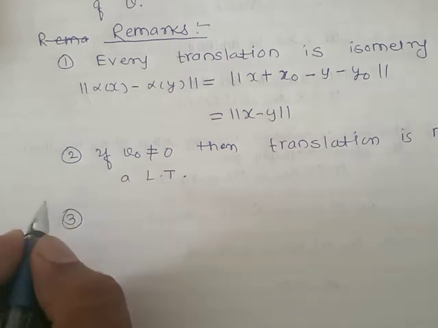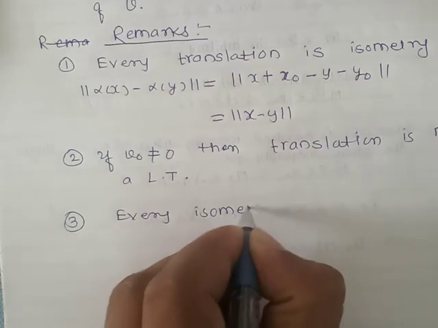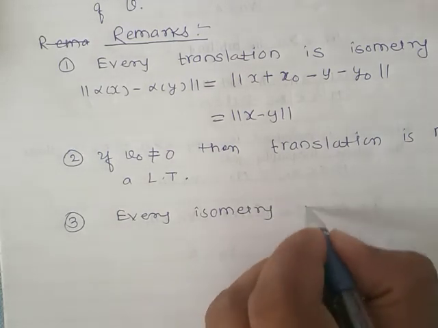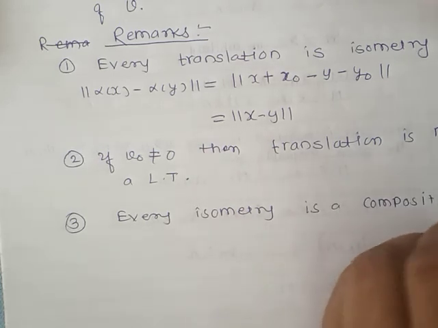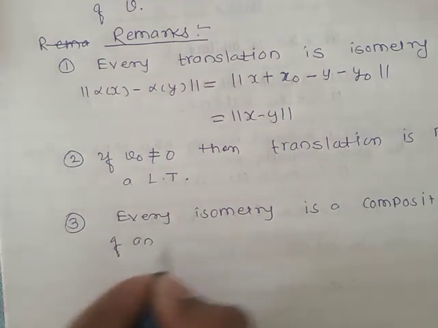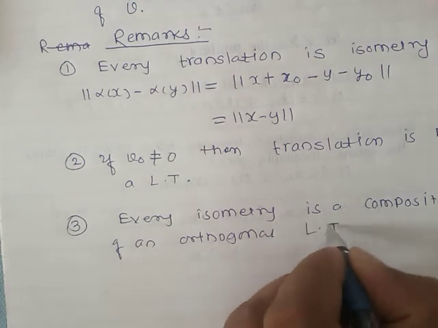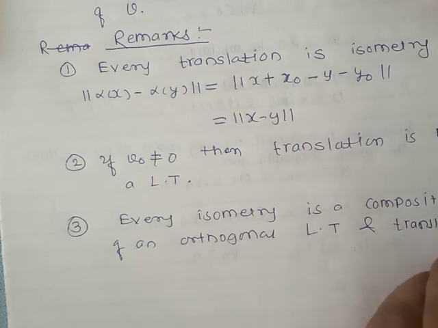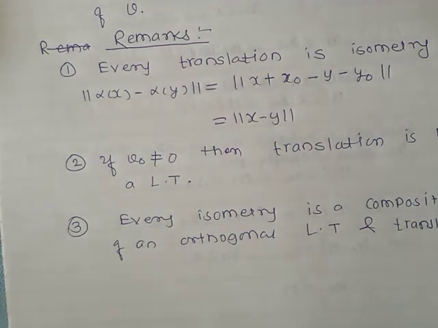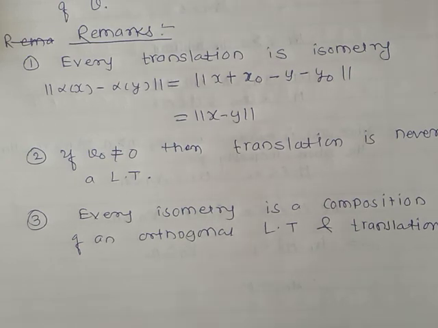Third one, every isometry is a composition of an orthogonal linear transformation and translation. That is, every isometry